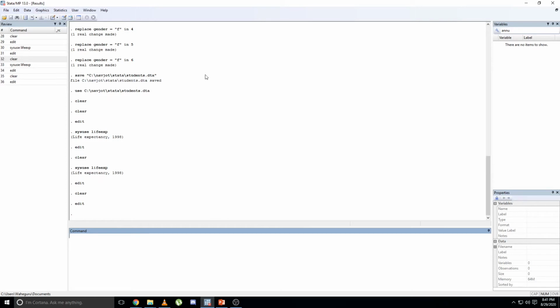Lastly, these two icons will appear green and red, and you can click them to advance further in the output for green, or to break it for red, because the result output can be too long. These two buttons are useful when you're working with large data files and do files. Suppose you want to stop the execution of a do file, so you press the break button, and to continue with the execution of the do file, you press the green button, and it will continue executing the do file.